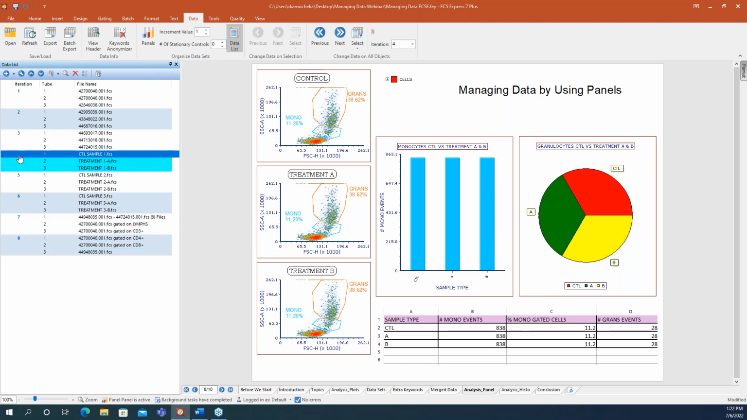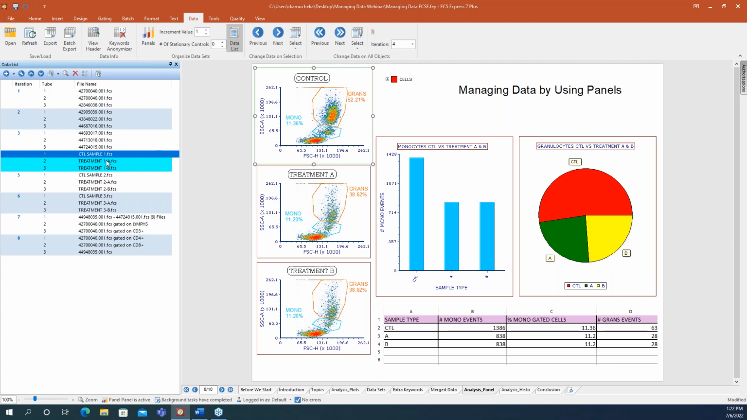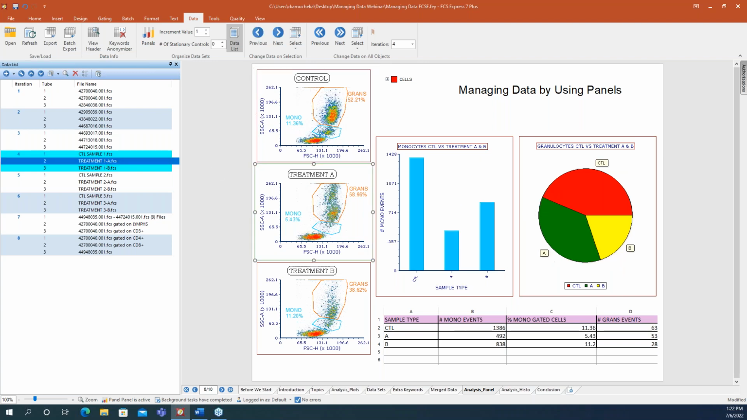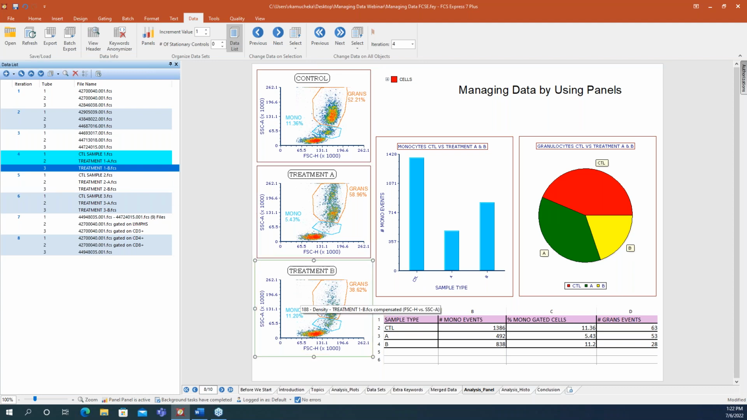And then I'm going to move to our 4th iteration here so that we're looking at some of these samples. Now it's not yet set up because we were looking at one single sample at the time, but I can just start dragging and dropping now. So I'm going to use my control here, my treatment here, and then my second treatment there. So now once I've got these in place, you can see everything's updated for me. My bar chart has changed according to what's happening here. My spreadsheet down at the bottom has changed, and even my pie chart has also changed